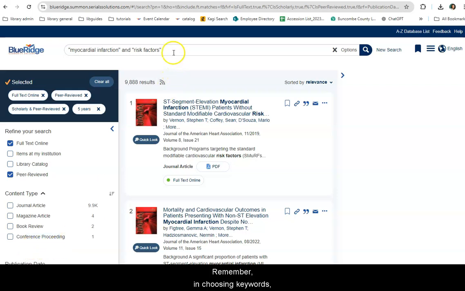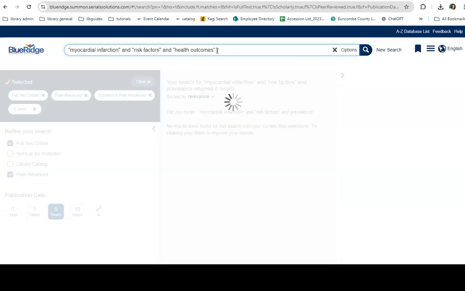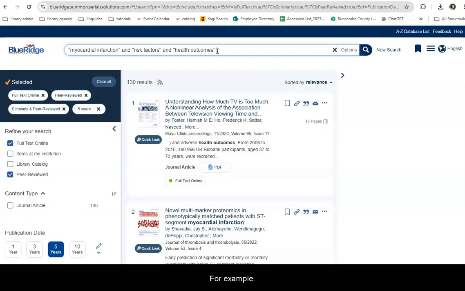Remember, in choosing keywords, try lots of different combinations. You can use synonyms, you can use other words, you can keep adding search terms until you run out of things to choose. Oh look, that got no results. That's not very helpful at all. So you just try again if something like that happens. For example,